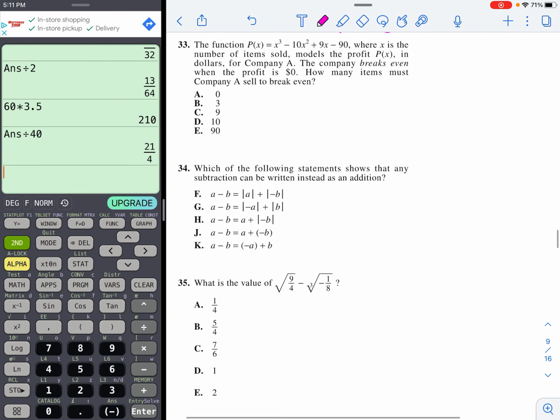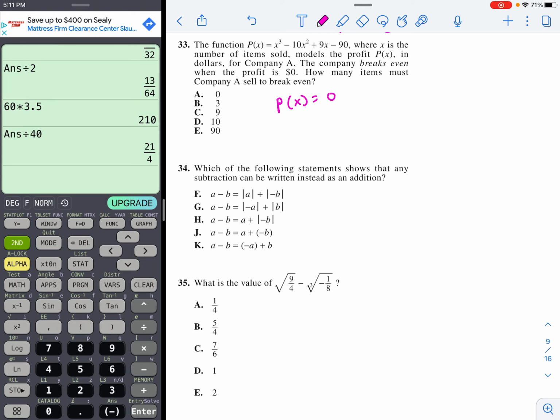33, the function x cubed minus x squared plus 9x minus 90. x is the number of items sold. The company breaks even when the profit is 0. How many items must they sell to break even? So we're looking at when profit is equal to 0. And so a trick here, you could do this not too bad on your own, but